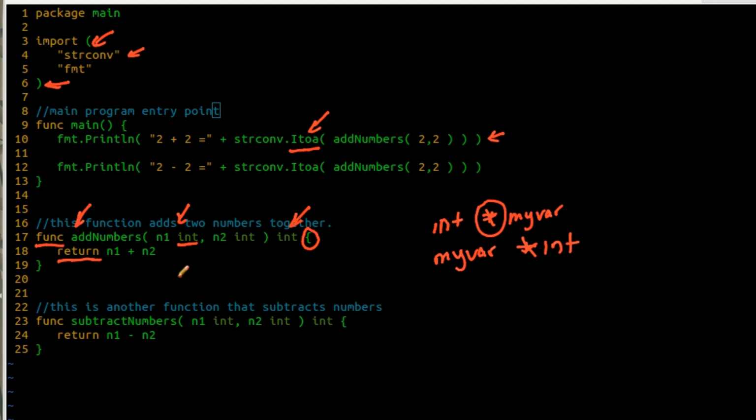Now, you'll notice here that I'm just doing a return n+2, and I've got another function down here called subtractNumbers. We pass it in two variables, so we've got two variables getting sent in, one variable getting sent back out, and then here we're just returning n1 minus n2. So these tell me what type of variables those two are, and then this is just what's happening in